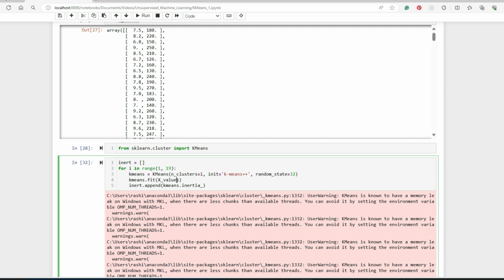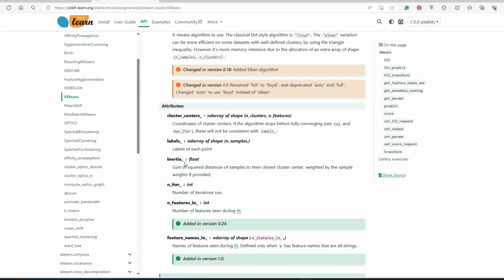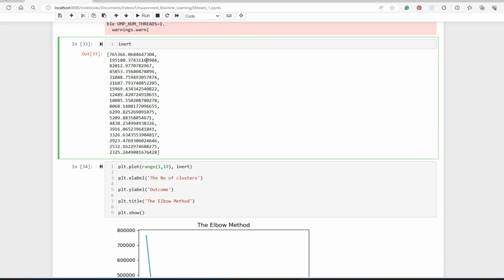Remember that in supervised learning models, we always had to feed input features and labels. But this is an unsupervised learning model, so we have only input features and no label. And inert.append(kmeans.inertia_). So what is this inertia? Let's look at the documentation. So here is the inertia: the sum of squared distances of samples to their closest cluster center. This is kind of an evaluation technique, and we want the inertia to be as small as possible. And after training, these are the inertia values we have got.